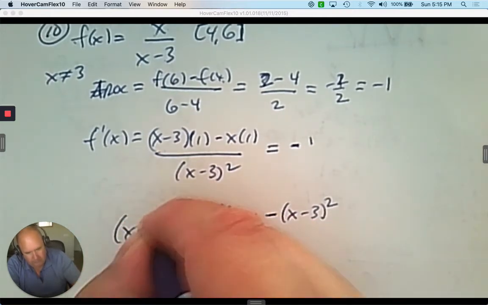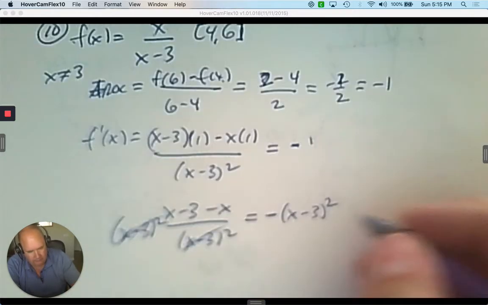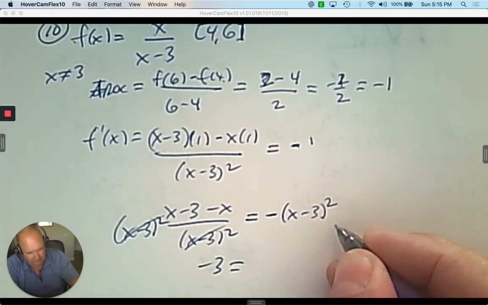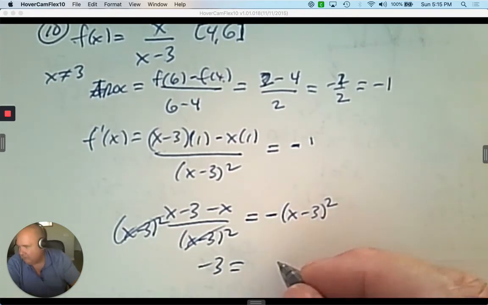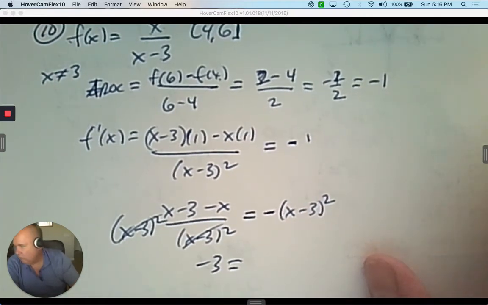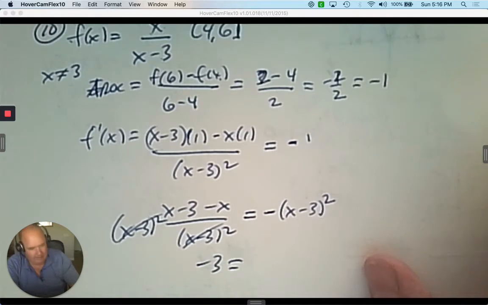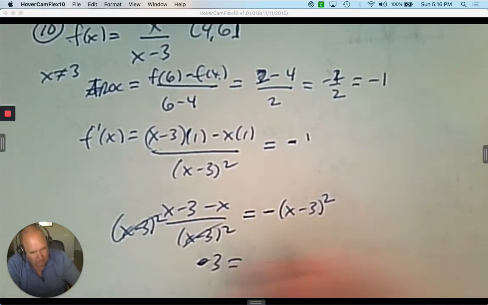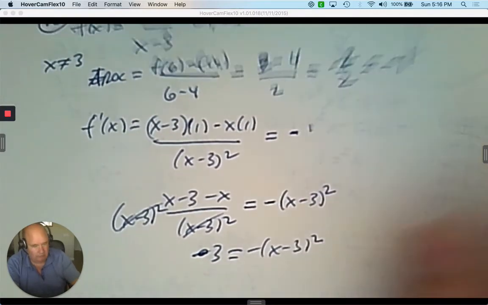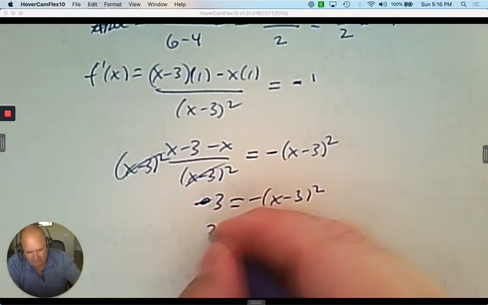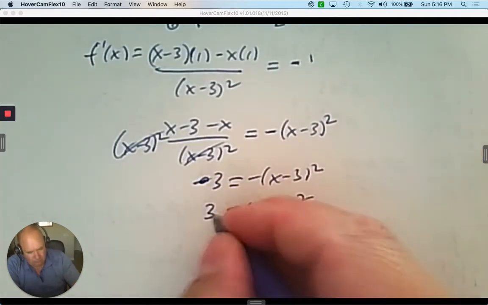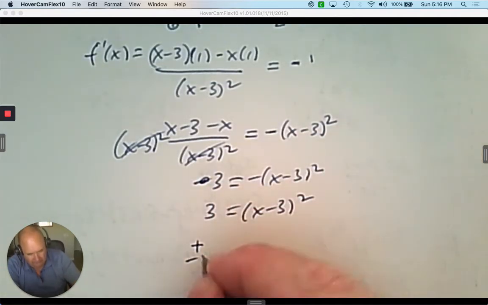So if I multiply by (x minus 3) squared to both sides, then I have negative 3 equaling this. Now, if I FOIL this out, in fact, I don't even need to FOIL it out. Both sides are negative, so just solve it the way it looks. Divide both sides by negative 1. You have positive 3. Take the square root of both sides, and you'd have positive and negative root 3,